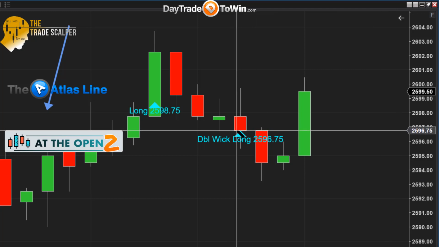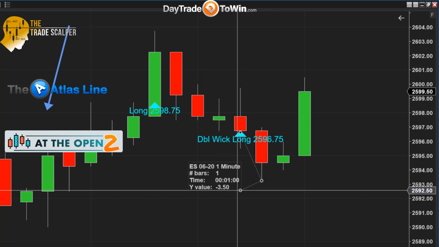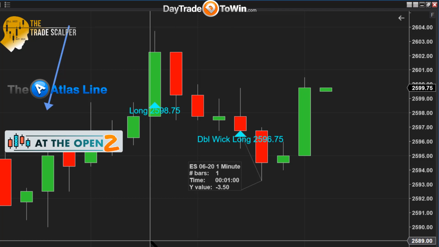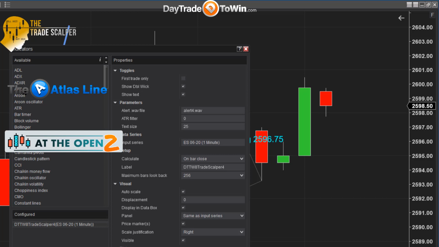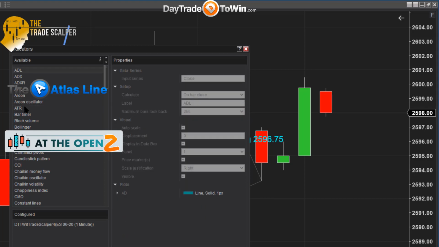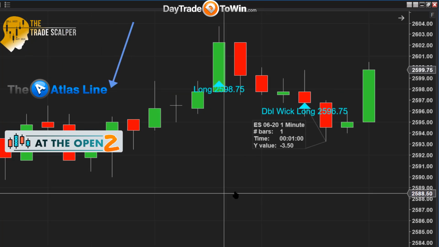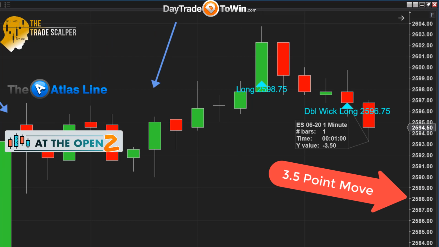Now, you can see the market went down, right? Double wick long, 25.9675. The market went down, and the market went down 3.5 points. So if I look at the ATR, I'm coming back to this because this is important. If I go back to the ATR and I see what the movement of the market could be, you can see that it's exactly 3.5 points,